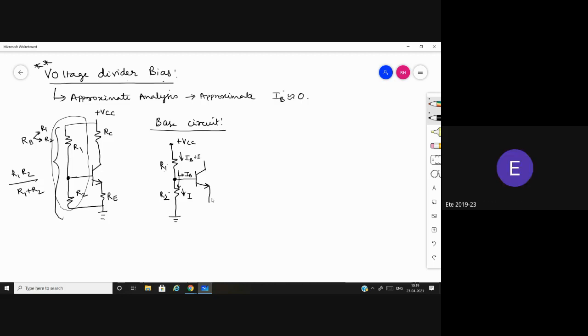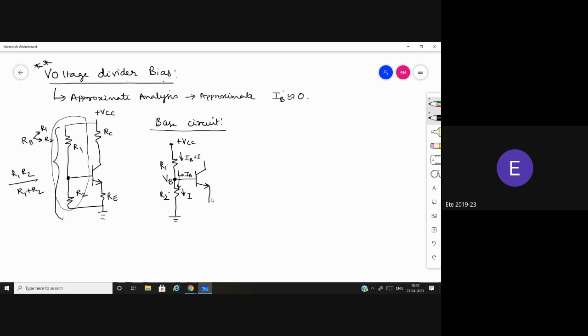Okay, that is fine. We are talking about the voltage. I am going to call this voltage VB. When we deactivate the voltage source, only R2 will be available, no sir? No, I will not deactivate. I have plus VCC with me. Now tell me whether this VB is mainly dependent upon R2 or R1. R2, because the voltage drop across R2 is VB only.